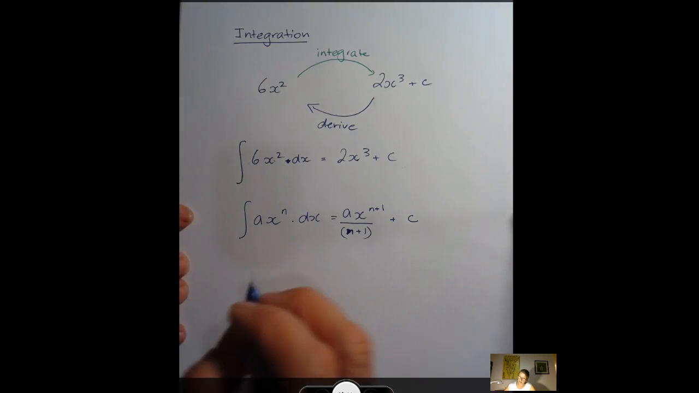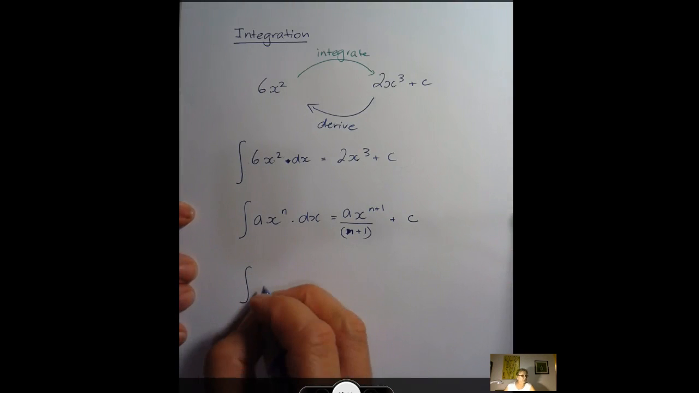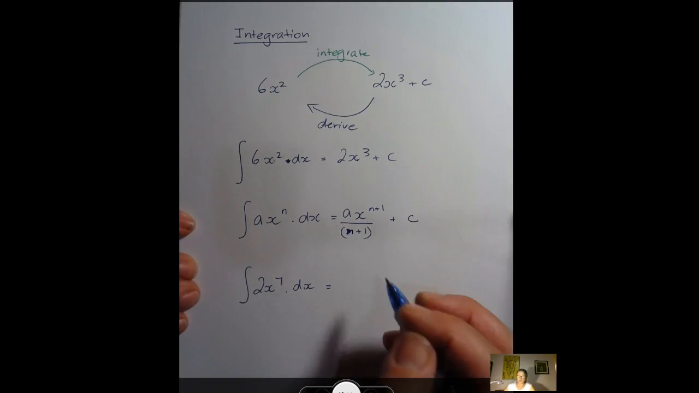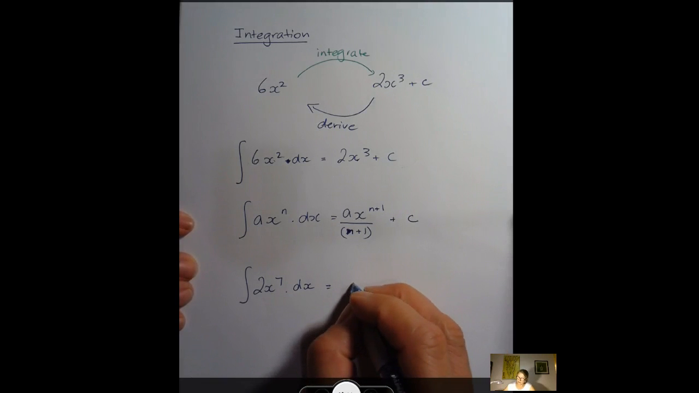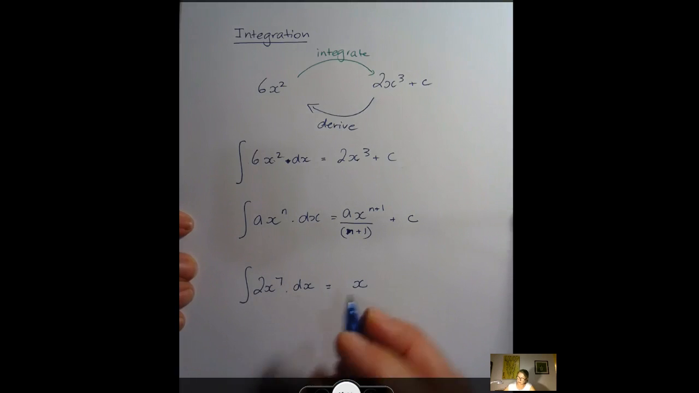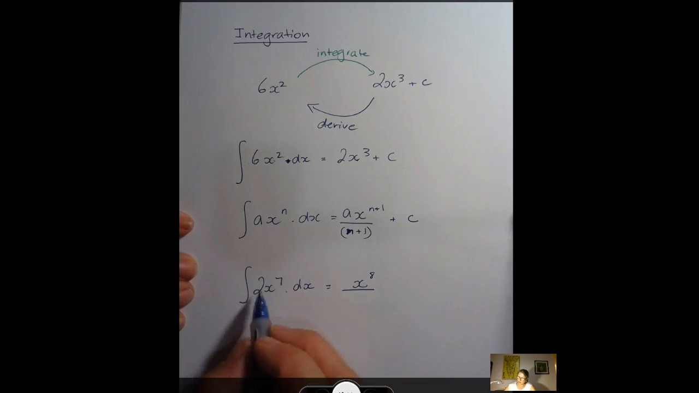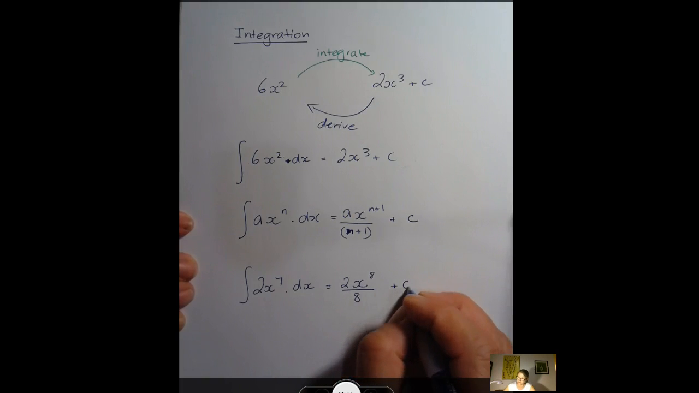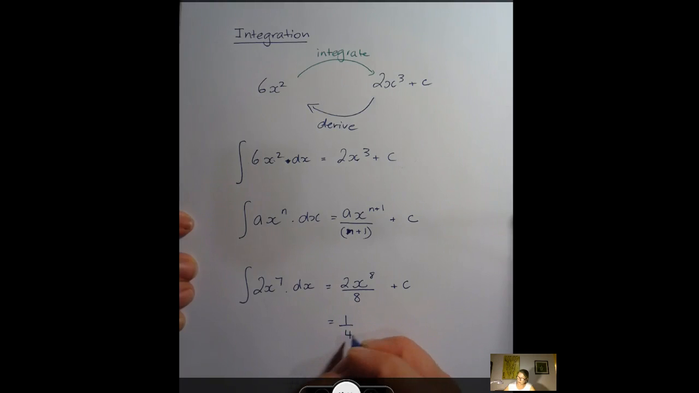So how does this work with an example? Say we want to find the integral of 2x to the power of 7 dx. So let's just apply our rule that we've done here. I'm going to deal with my x first, so it's going to be x to the power of n plus 1. So 7 plus 1 is 8. I'm still going to have my coefficient out the front, and I'm going to divide it by my new power of x, divided by 8 plus c. I can write it as 1/4 x to the power of 8 plus c, or I could write it as